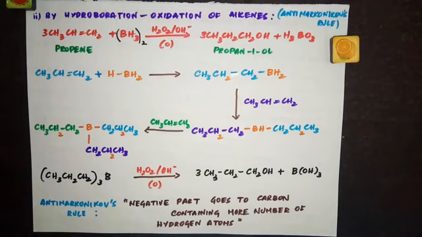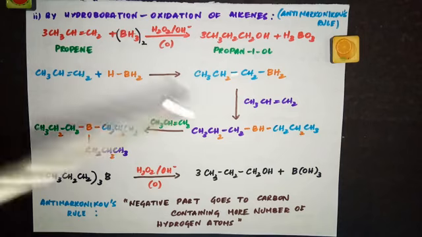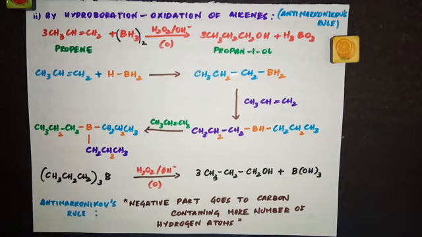So remember, if H plus and H2O is given, you will get propane 2-ol, because Markovnikov's rule is followed. Here, when they give diborane and H2O2, then you will get propane 1-ol, because anti-Markovnikov's rule is followed. So if you want to directly predict the product, see, H plus and OH minus, that's going to be added here to get propane 1-ol. So H is going to this carbon, OH is going to this carbon. Because OH minus, the negative part, is going to carbon having more number of hydrogens. So you're getting propane 1-ol.